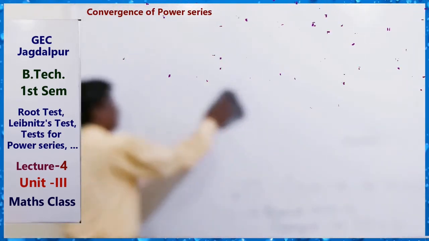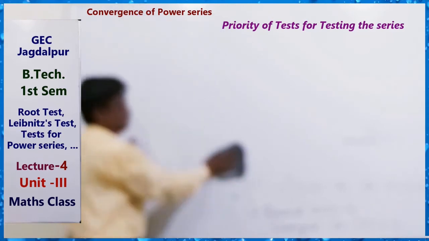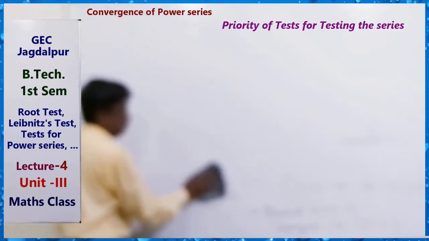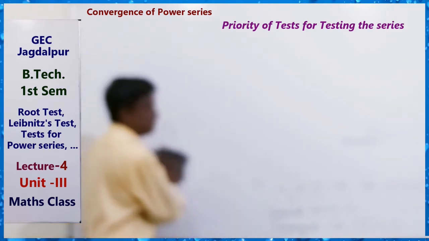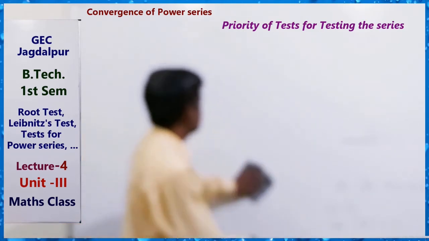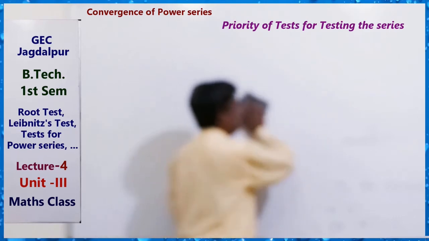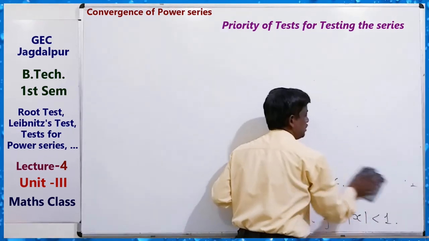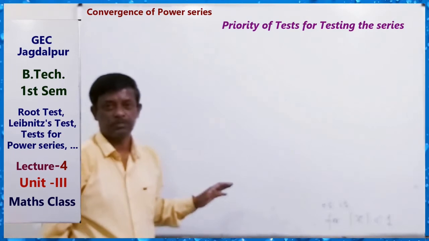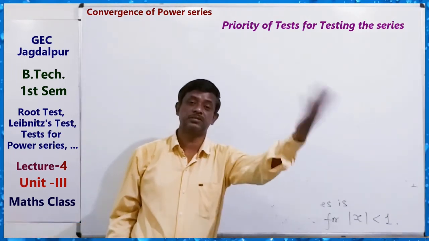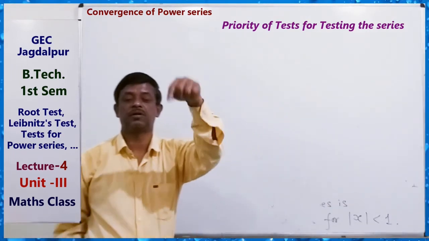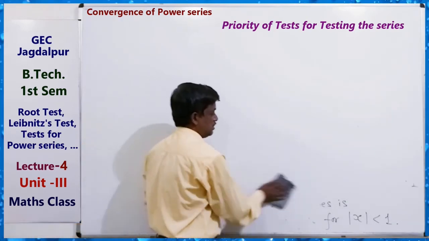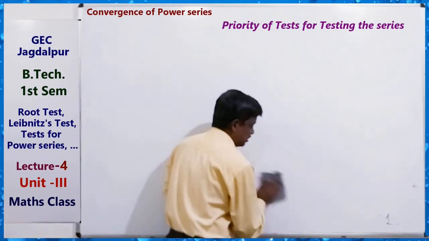So first of all, which method we will use? If the given series is an alternating series, that is, terms are alternately positive and negative, then we can use Leibniz test. If series are positive term series other than power series, positive term series other than power series means not having x, power of x in the series, then we can use